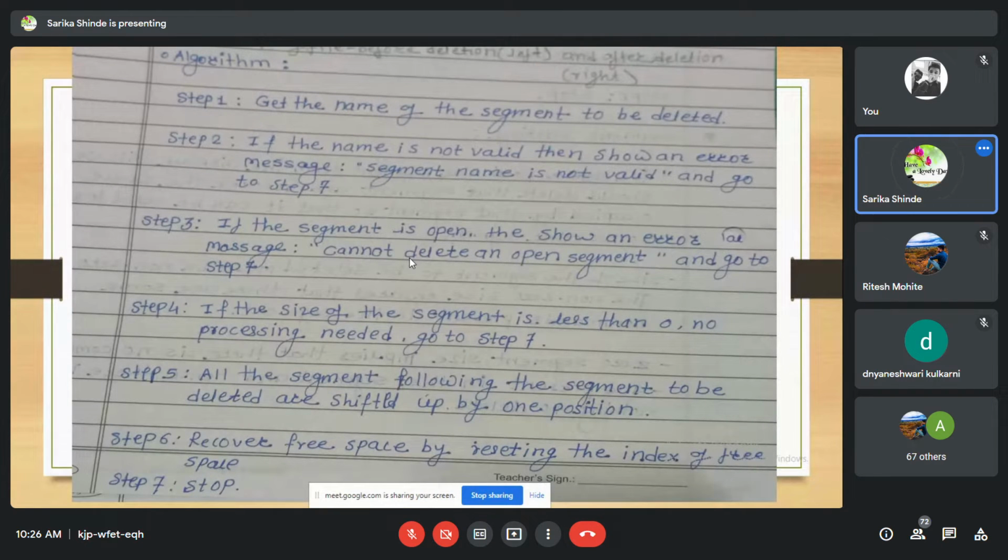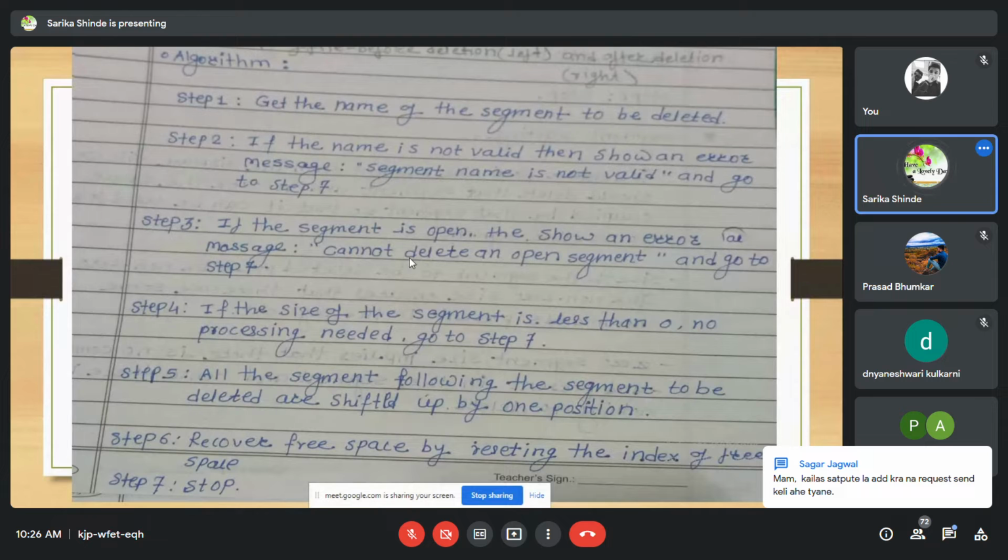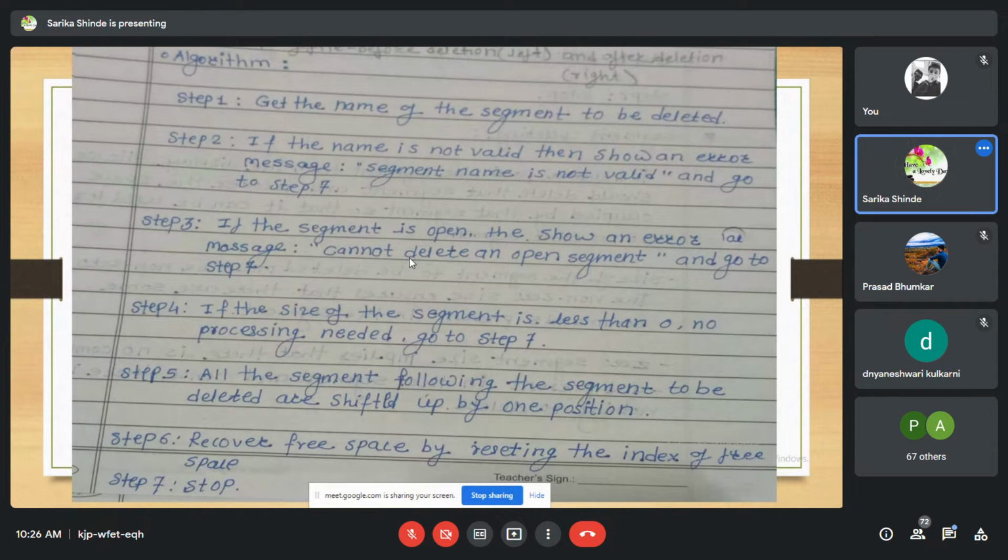Just see that step 1, get the name of the segment to be deleted. Step 2, if the name is not valid, then show an error message, that is, segment name is not valid. Okay. And now the next step is, if the segment is open, then show an error message, that is, cannot delete. And step 4 is, if the size of the segment is less than 0, no processing needed.